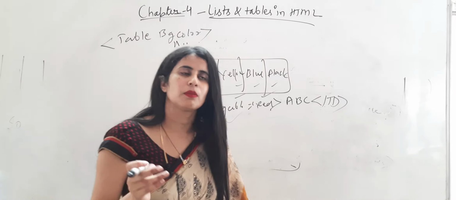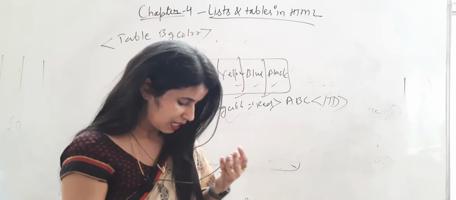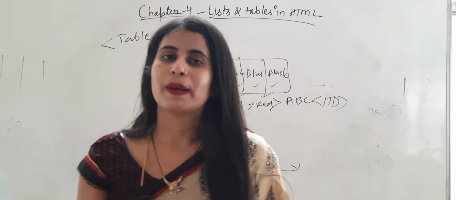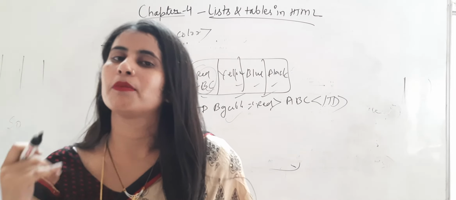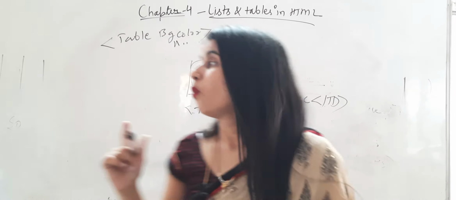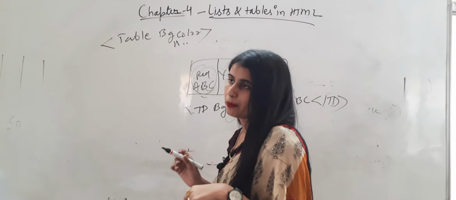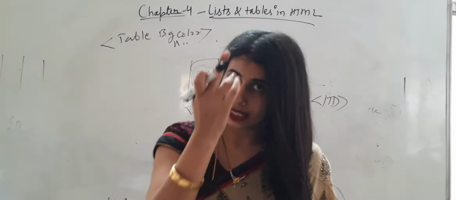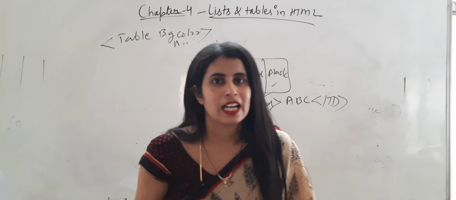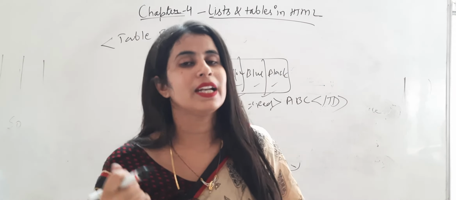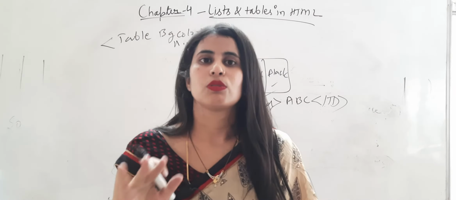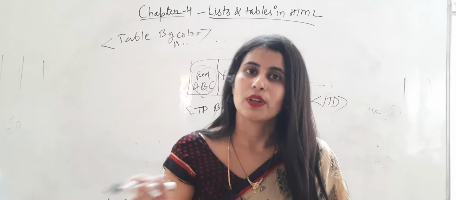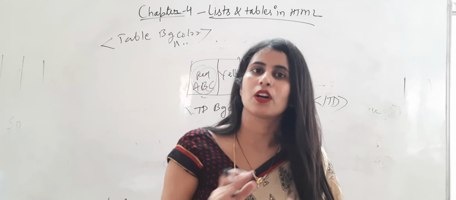Next is width, which means we can easily change the width of the cell. What is row span? In row spanning we divide a single row into multiple sections. And column span means we are dividing the column into multiple sections. And the last one was valign, which means vertically how we can align the data: top, middle and bottom. So in this way we can define the alignment of the table.